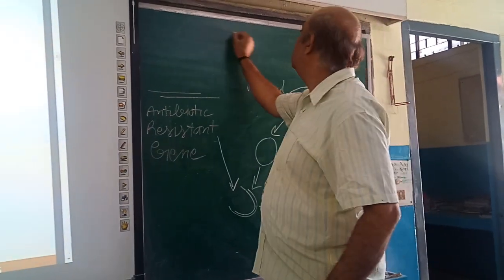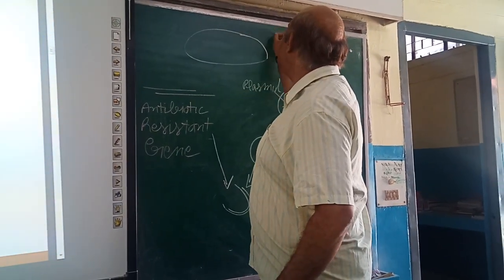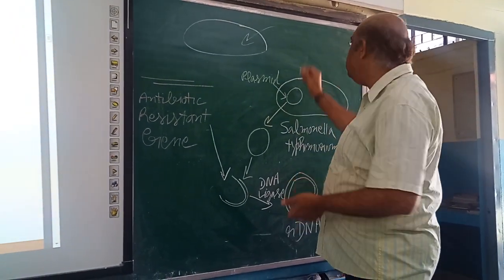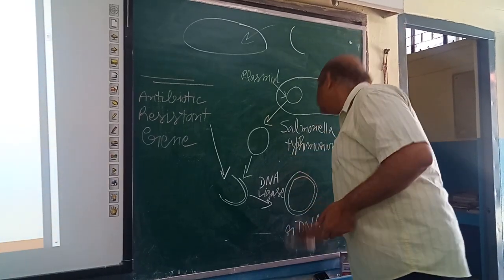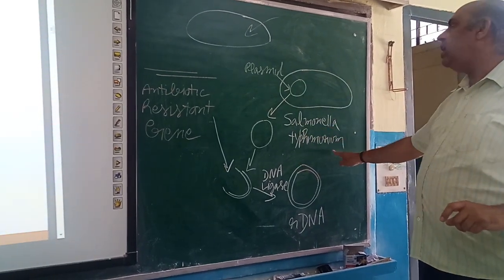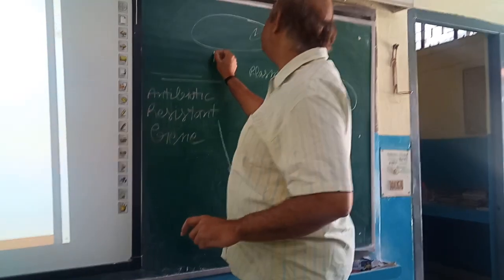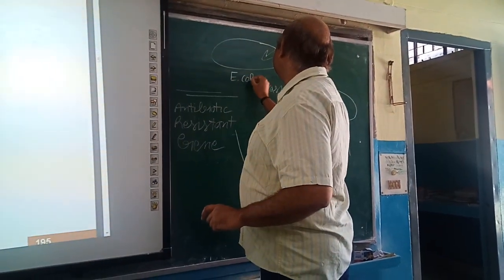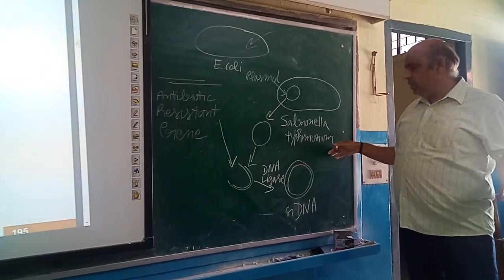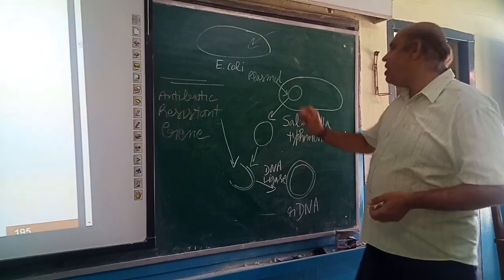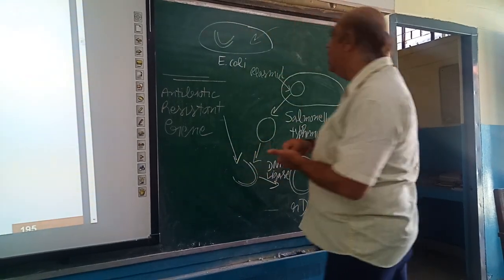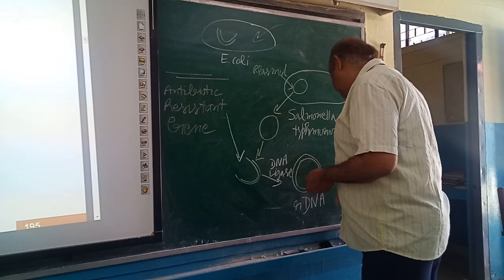They entered their recombinant DNA, which they formed by joining the antibiotic resistant gene and the plasmid of Salmonella typhimurium, into a bacteria, Escherichia coli. This Escherichia coli bacteria is just like Salmonella typhimurium. When their recombinant DNA entered inside the Escherichia coli bacteria like this,